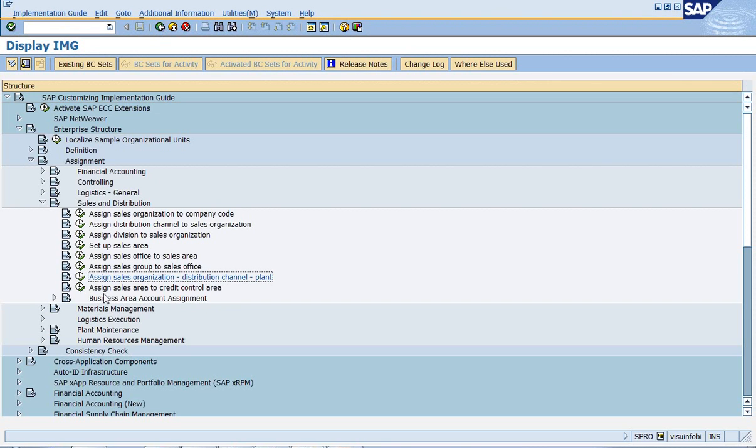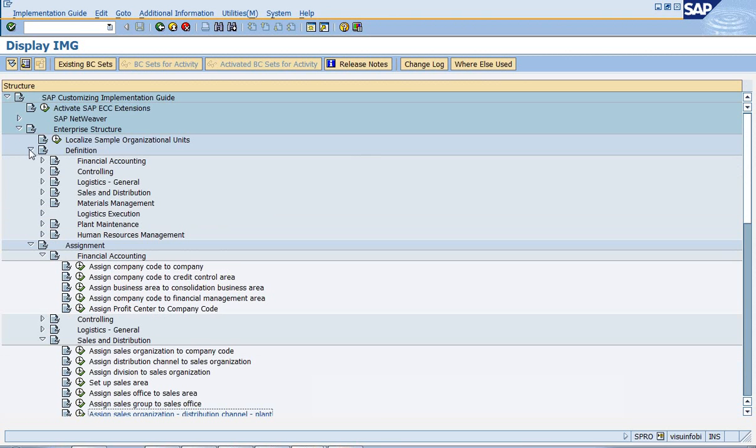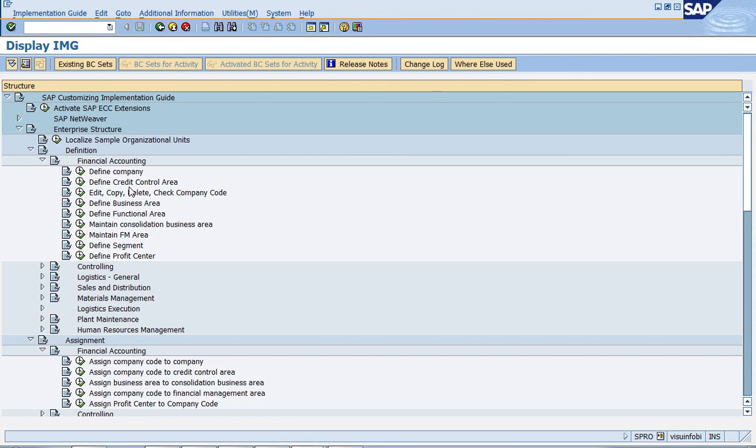Now go for your next step, assign sales area to credit control area. This is one of the integration topics between your SD and FI. Your credit control area is nothing but how much credit limit you need to give to the customers. Who is going to prepare that, go for the configuration of that credit control area? Your FI consultant will work on your credit control area. You can see over here in your FI department, define credit control area.